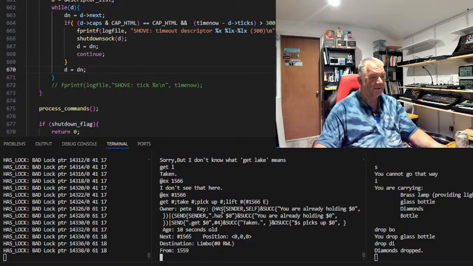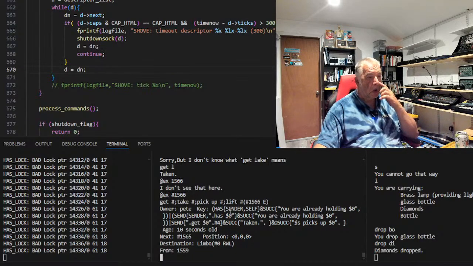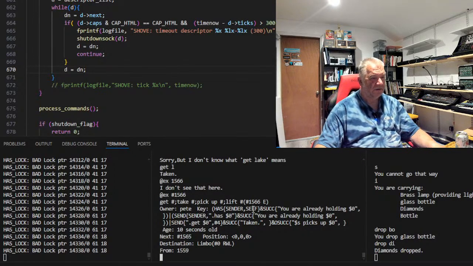Does the sender, the person sending the message, the command, which is get, have the object attached that this command's attached to? If that's true, then we output the message you're already holding it. So basically, if you're already holding it, that's fine. If that's false, then this OR function here, we send the message as the sender